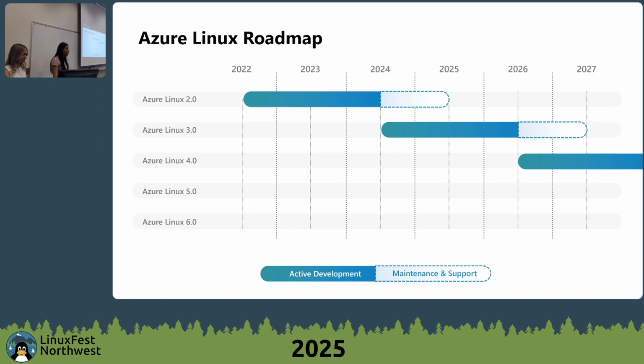The first 2 years of the distribution are the active development phase, like any other distribution. During this time, we look at every feedback on our GitHub, any issue that was created, or any package request that comes in through our customers, and we try to add that. But then the last year, we focus solely on stability and security. Stability is super important in this last year, and we try to not introduce any breaking changes. So this is the additional year of maintenance and support.